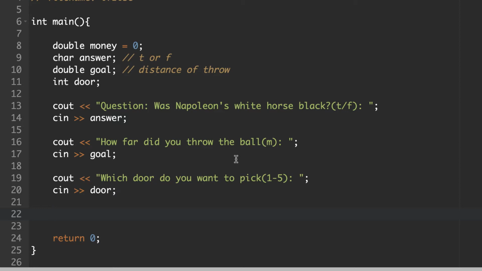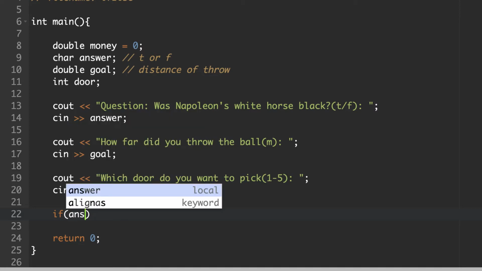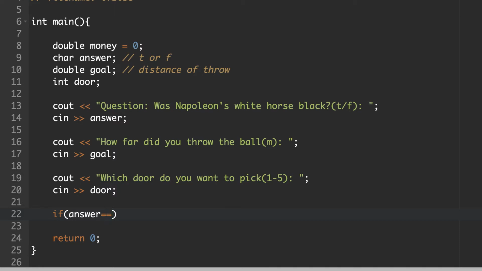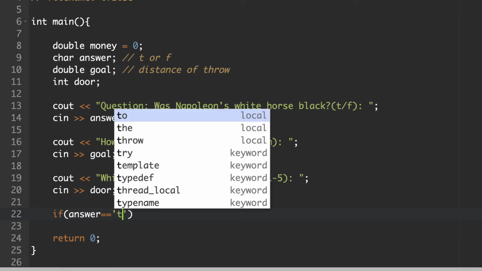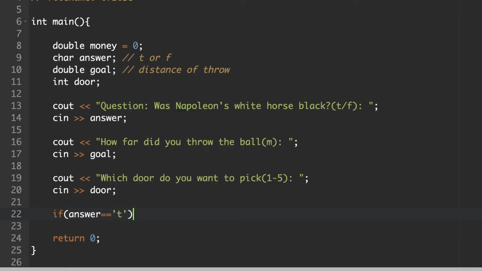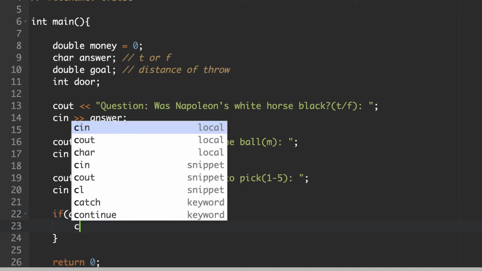So we're going to put an if statement here. The way that we do this as a single letter is we check to see if answer equals, and for a single letter, it's in single quotes. So if the answer is true, we will cout